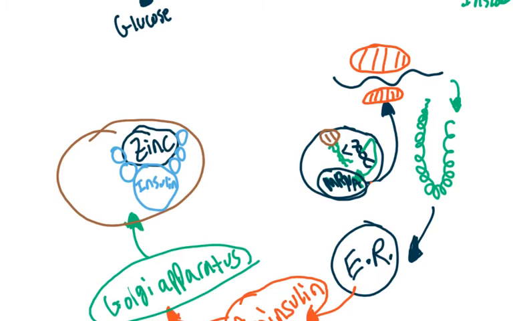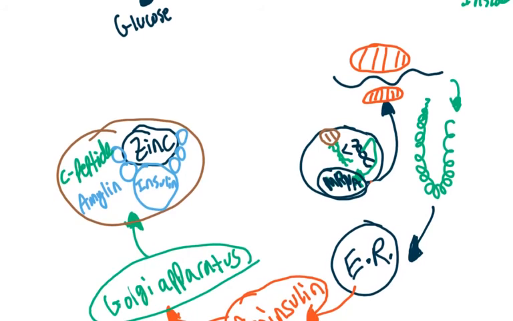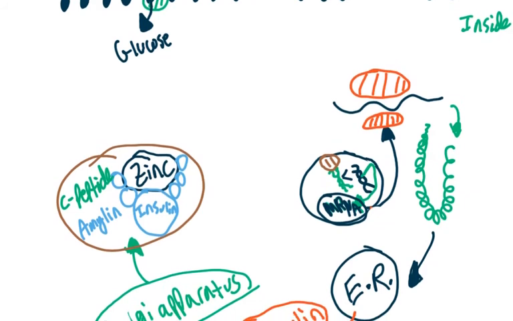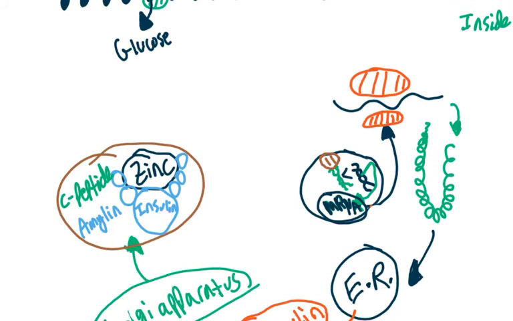And also in this vesicle, we have insulin and zinc so far. We also will have another peptide called the C peptide. And we're also going to have a little bit of amylin, which can lead to bad things because it can damage your beta cells, if we secrete too much insulin over a long period of time, which can then lead to type 2 diabetes, which we'll discuss in a future video. But anyway, the main thing to know here is that we have 6 insulin for a zinc,